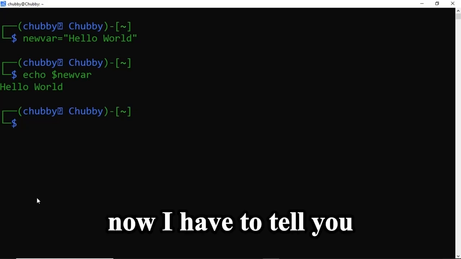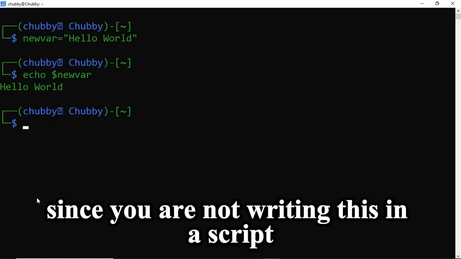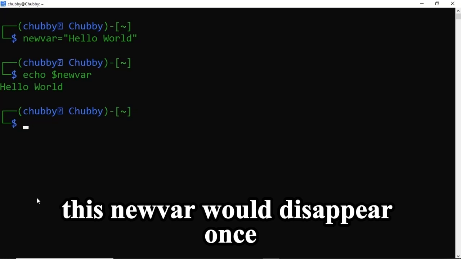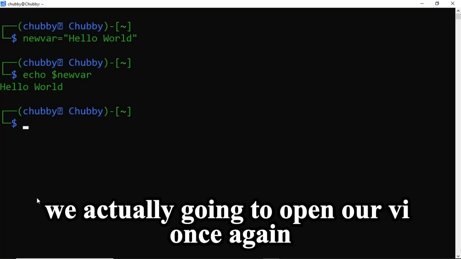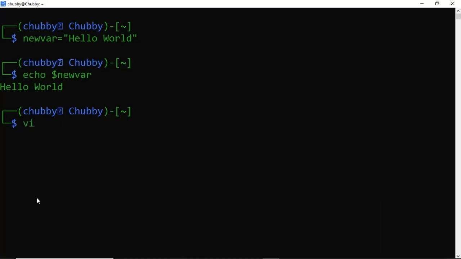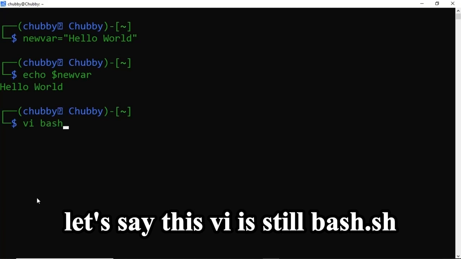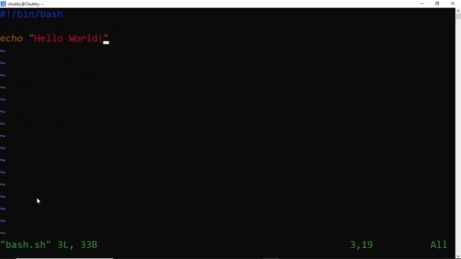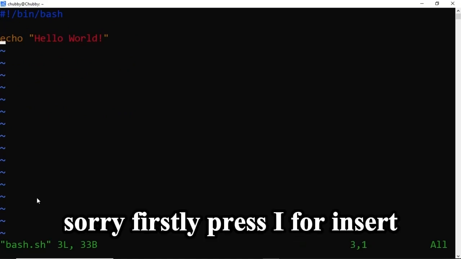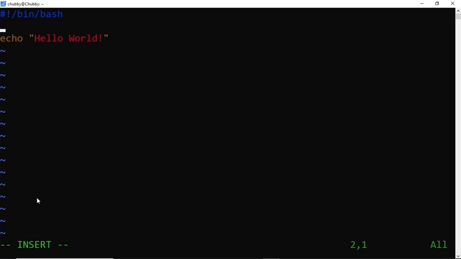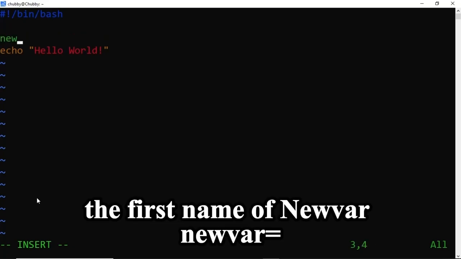Now I have to tell you, since we are not writing this in a script, this newvar will disappear once this terminal closes. So if you want to save this in a script, we're actually going to open our vi once again. Let's say this vi is still bash.sh. So we come back here, and instead of just echoing hello world, we are going to firstly press I for insert, then we first name our newvar